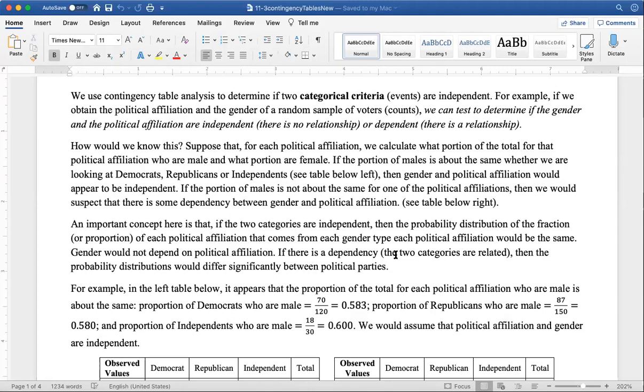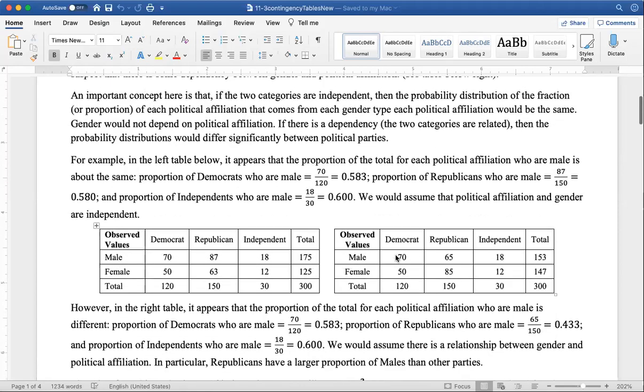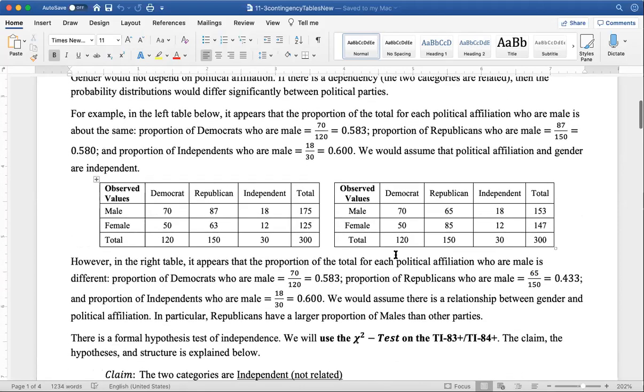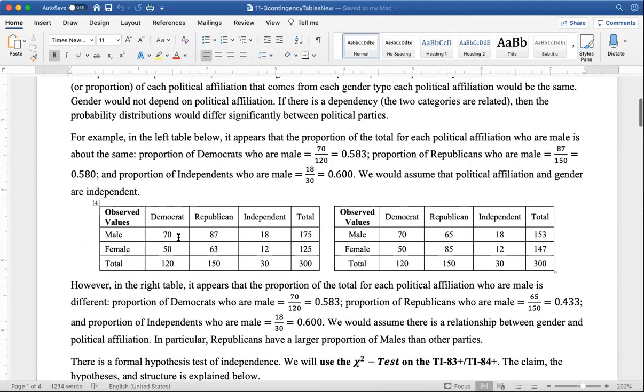I've got some examples here. Suppose that we have 300 people, and it turns out that 70 of them are Democrats and males, 87 are Republicans and males, and 18 are independent and male. And of the females, 50 of the Democrats were female, 63 of the Republicans were female, and 12 of the independents were female. So if the